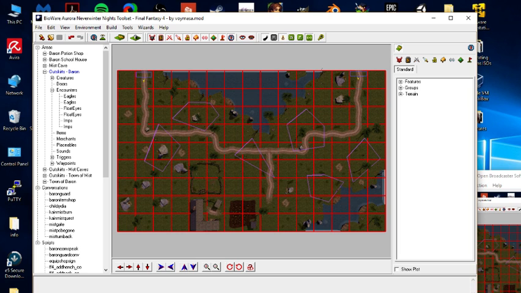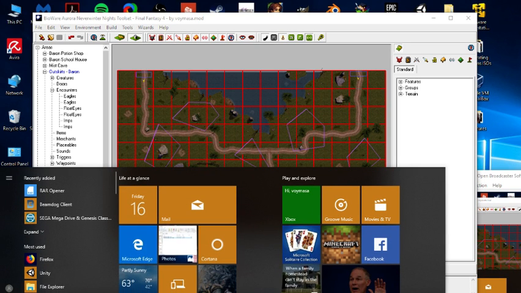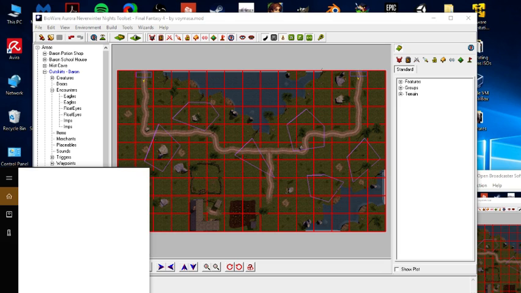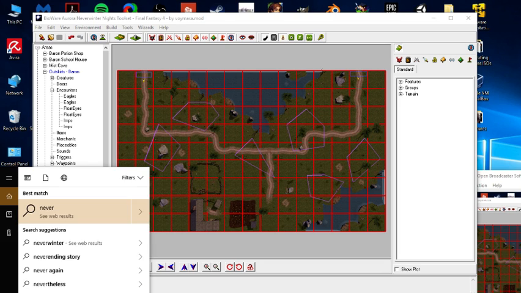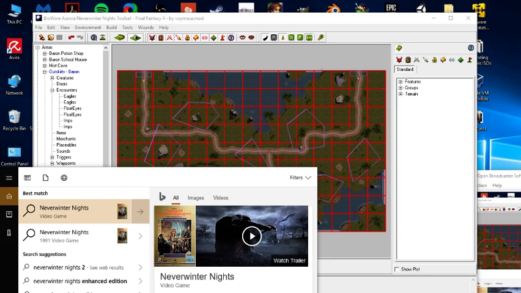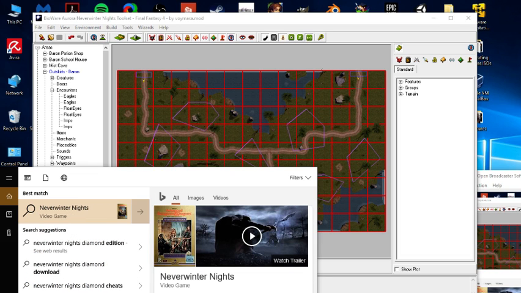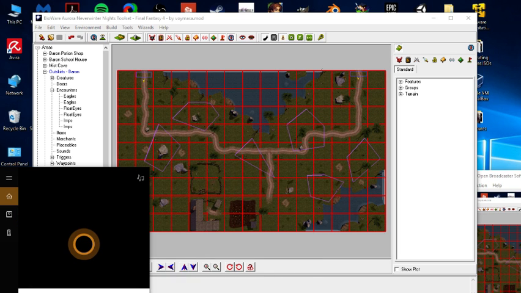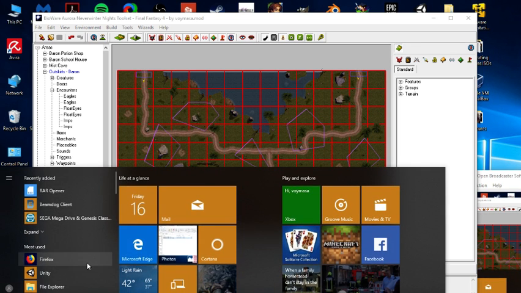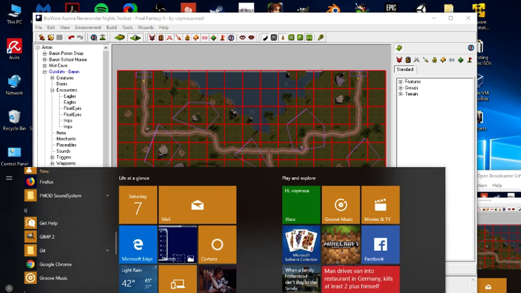Actually, do I have the Diamond Edition also installed on here? Let's see. No, maybe not. So many discs upstairs. Anyways, so